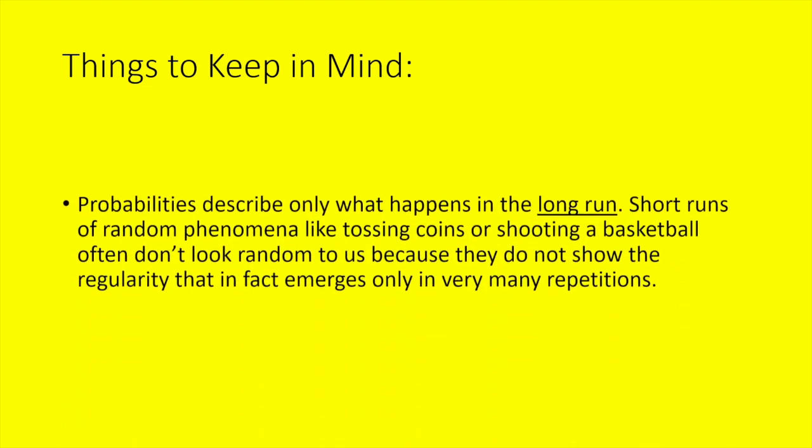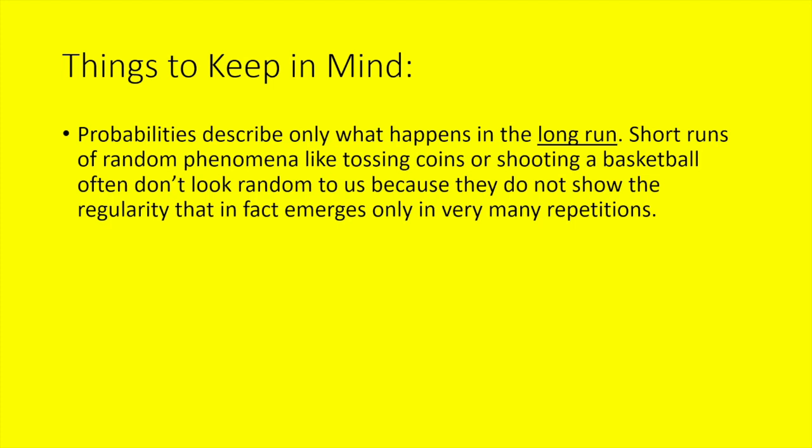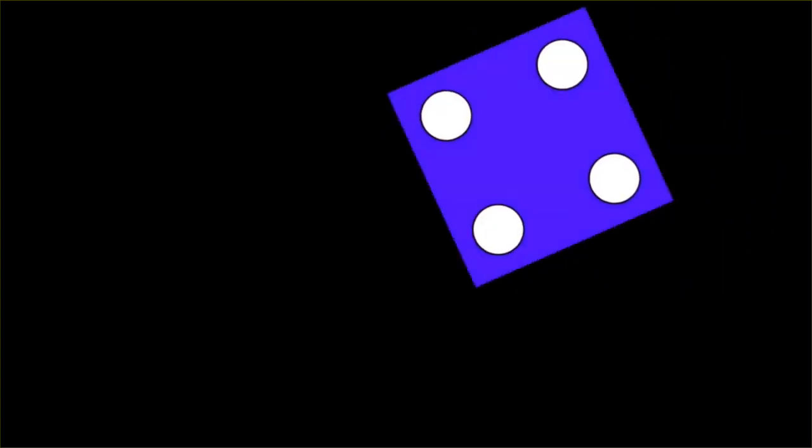So 3 things are important to keep in mind with probability. First of all, it's talking about the long run behavior. A lot of times things appear like they're not predictable in the short term, but if we observe things happening over and over and over again, a pattern emerges and we can calculate the probability over the long term.